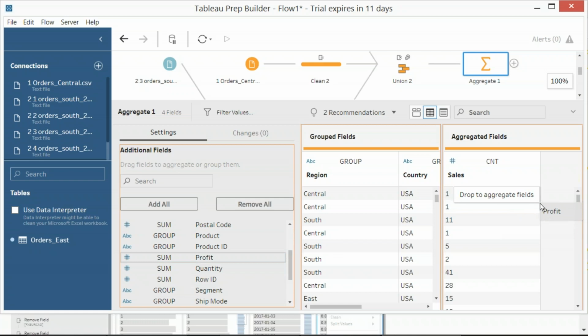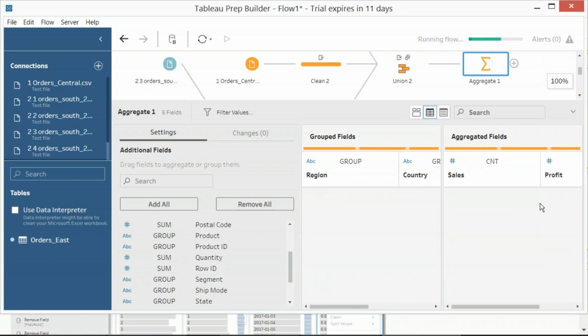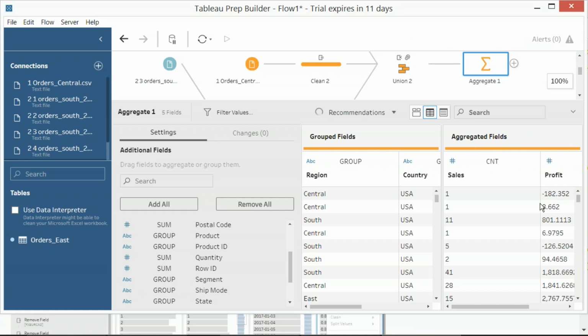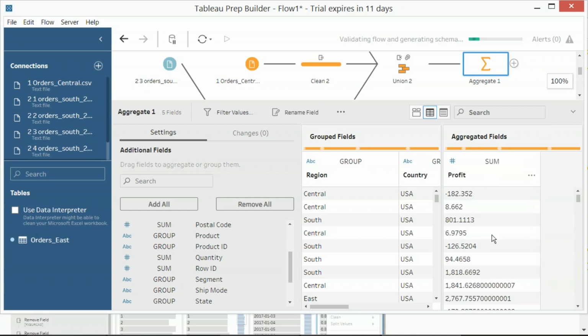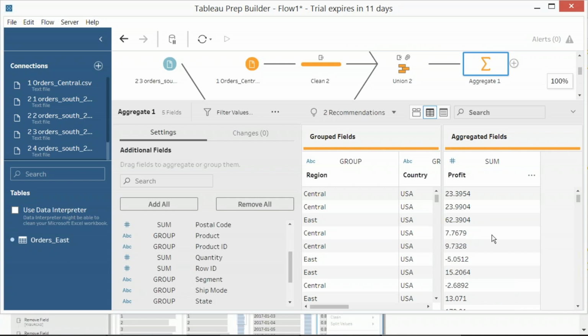Here is a possible problem. Sales is supposed to be in sum or aggregate value, and here it is count. See there, if it's count, you can say count distinct or maximum or etc. Here it is. You can define any of these values here. Say group by. Now observe carefully, friends. Here Control Z, you can come back.